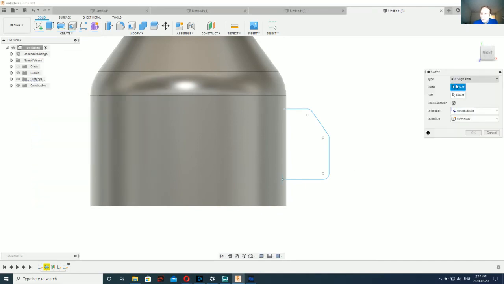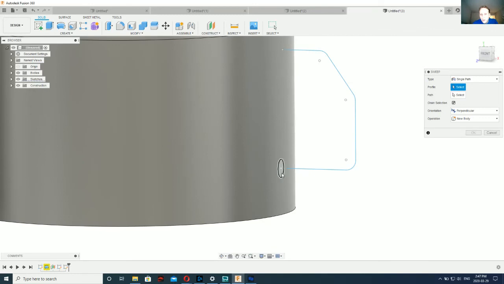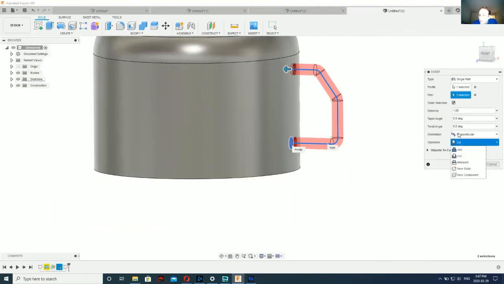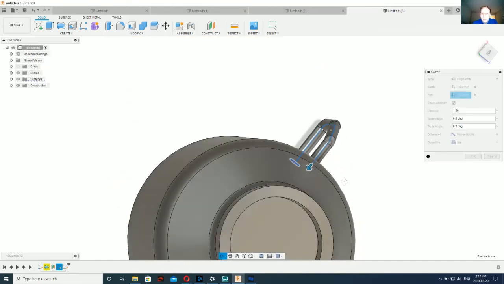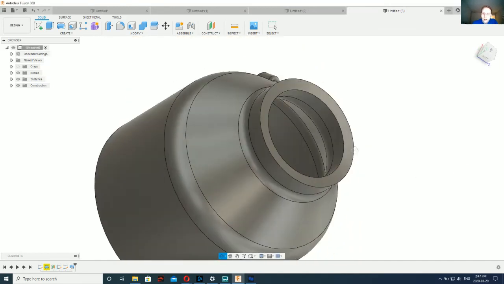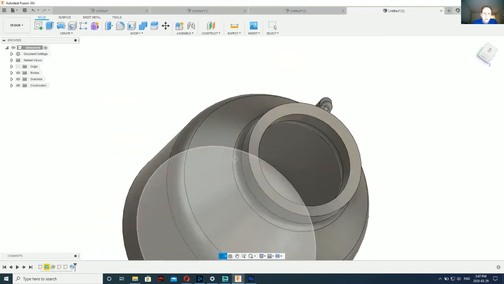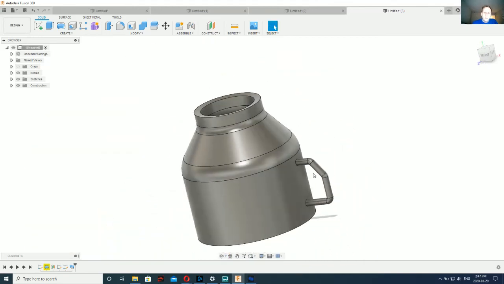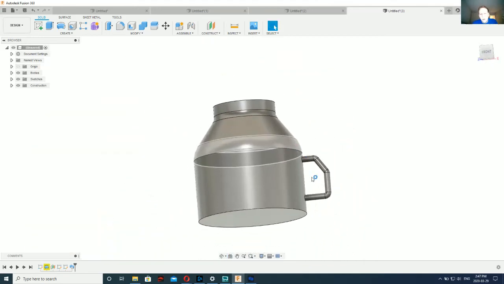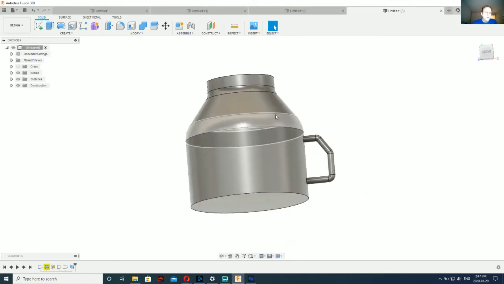And use sweep. Profile is this. Path is this. And we want to join. Make sure that it's not interfering inside here. Okay, and we have a handle. Perhaps an upside down handle. Anyway,